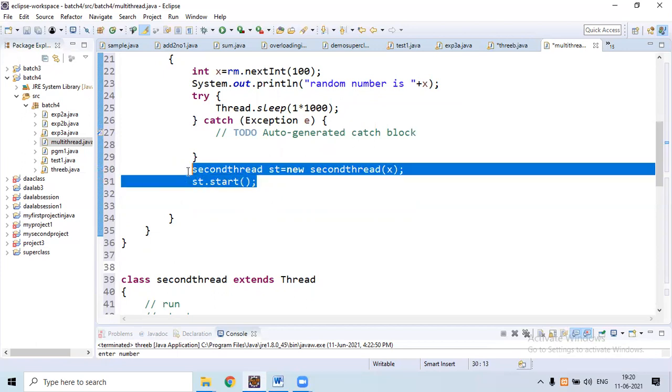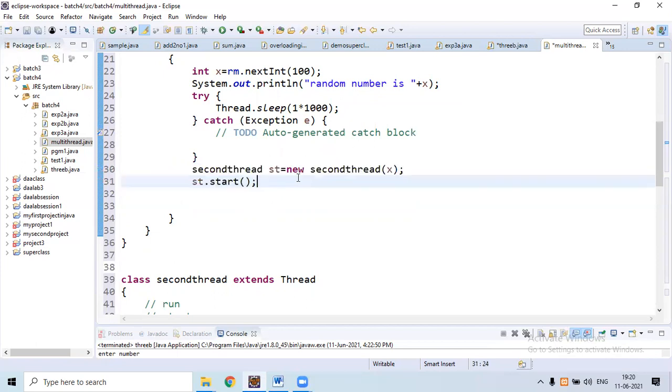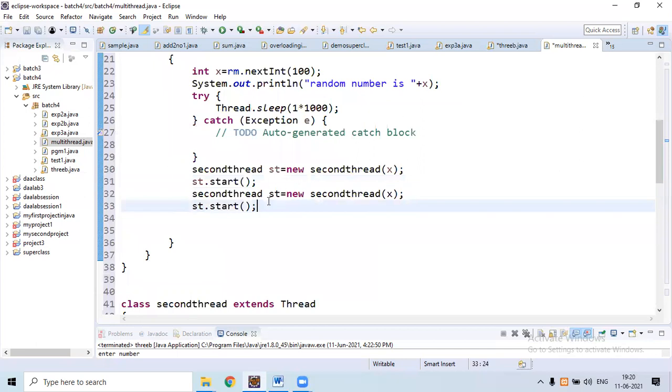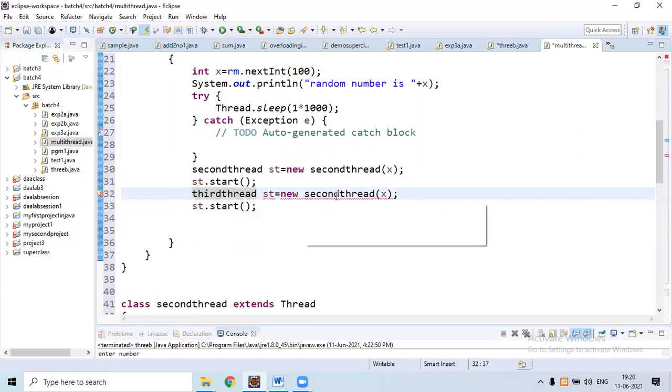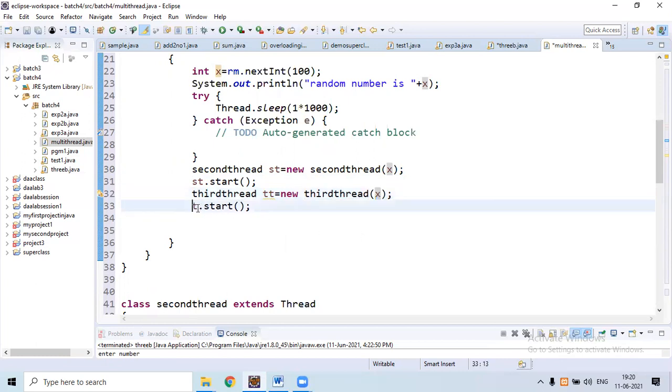In the same way, we need to call third thread to compute cube. So here third thread tt equal to new ThirdThread, then here pass the random integer, then start the third thread.